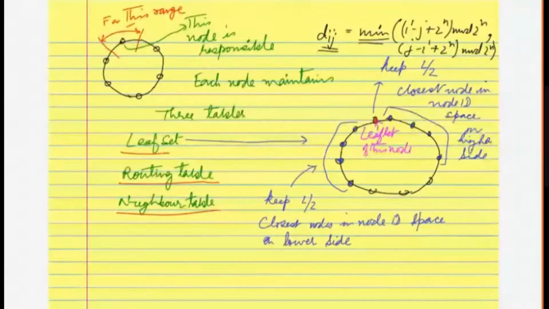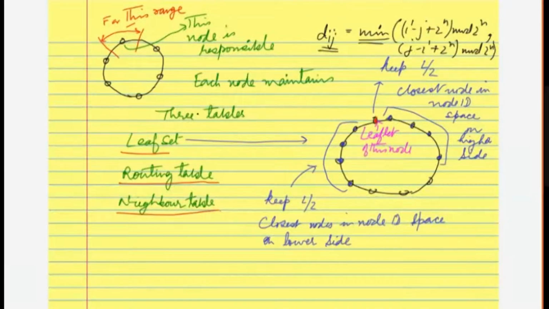Either way, whatever be the distance. So I to J or J to I, both I am actually taking. So this will be the root node. But there can be a problem, that a node's hash ID may be exactly in between the two nodes. In this case, who will be the one? Both are actually equidistant. So in that case, you can decide to choose the next higher entry all the time. But it has to be done consistently by everybody. Otherwise, you won't be able to find out the root node. Root node has to be unique in the system.